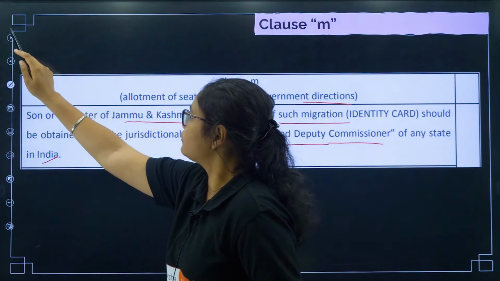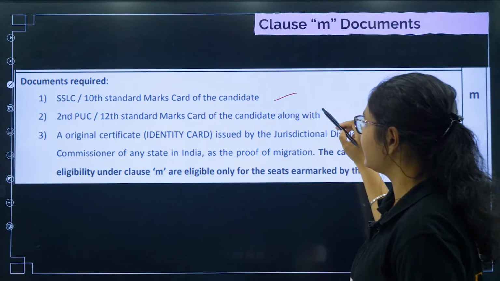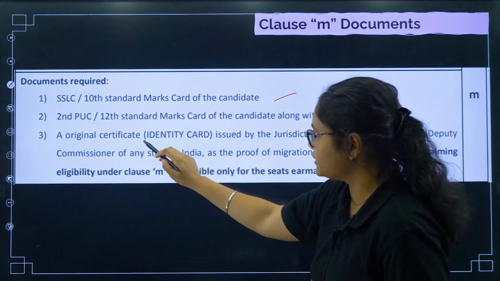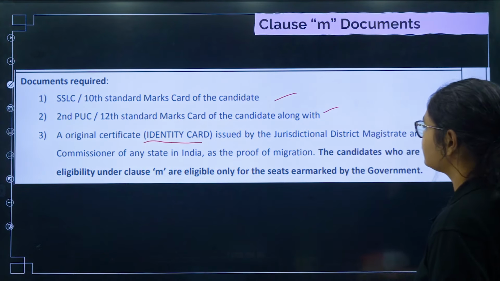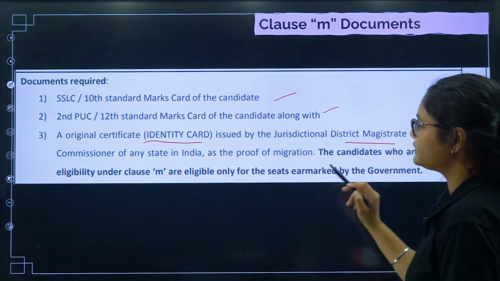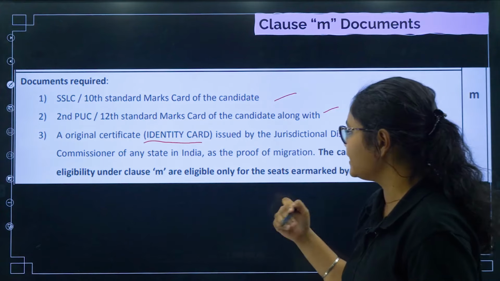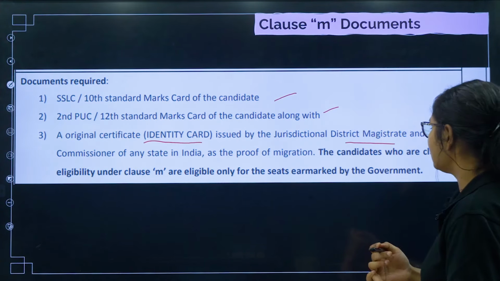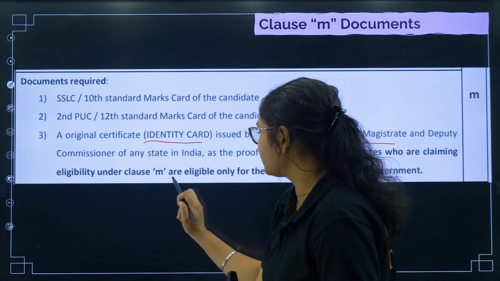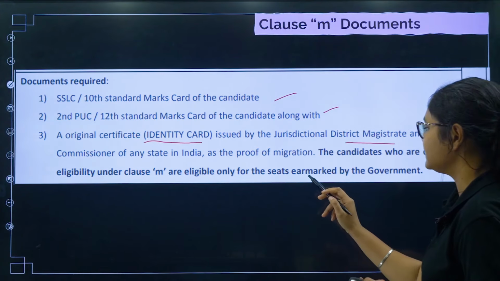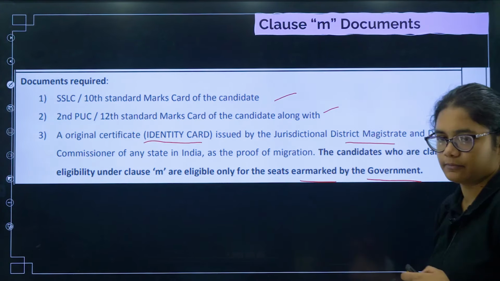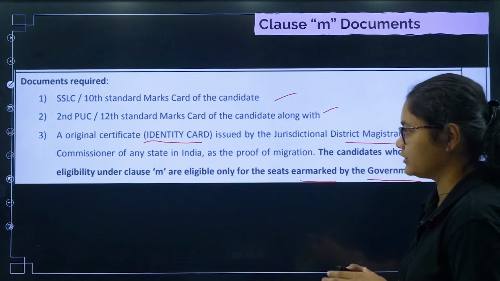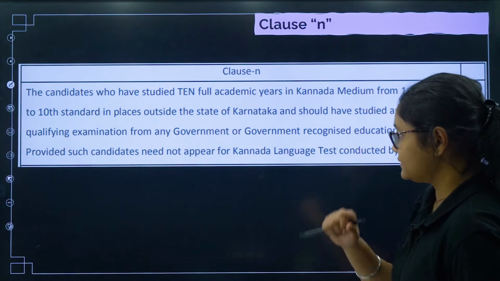In this case, what documents are needed? 10th certificate, 12th certificate, then your original certificate issued by the district magistrate and deputy commissioner of any state in India as the proof of migration, okay. The candidates who are claiming eligibility under clause M are eligible only for the seats earmarked by the government, okay. You will only be eligible for the government seats. Next,